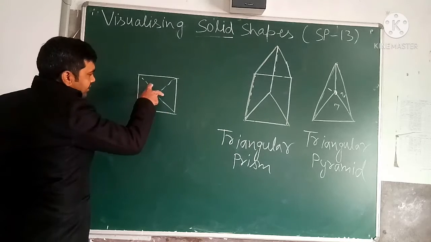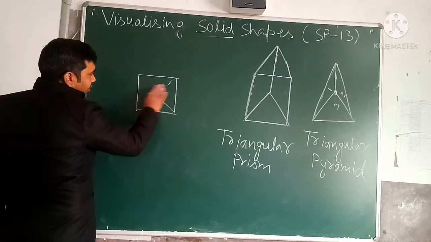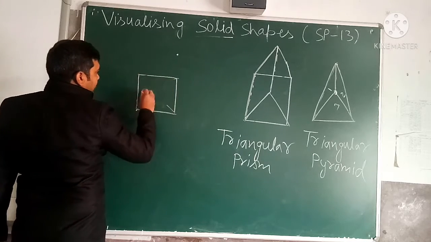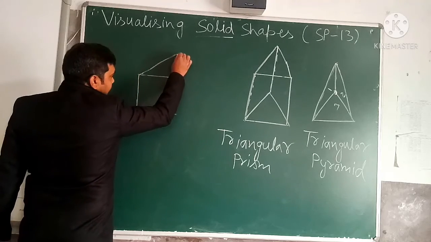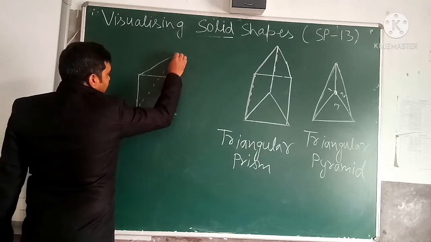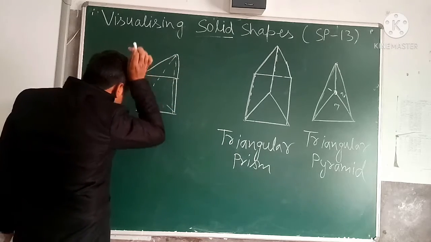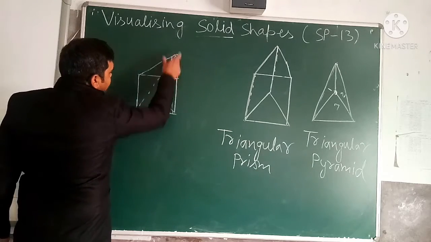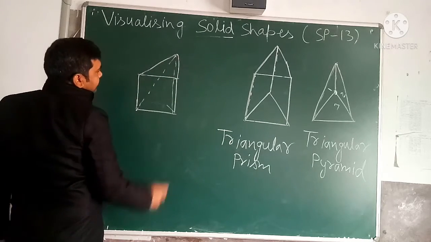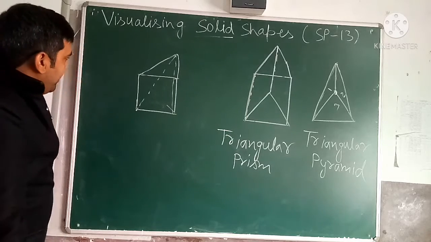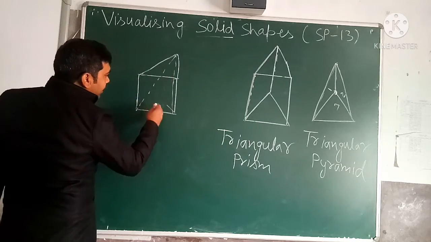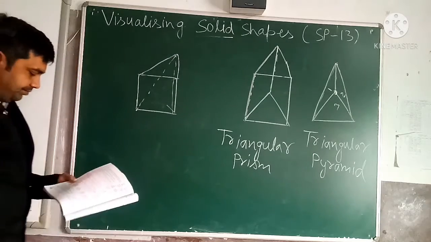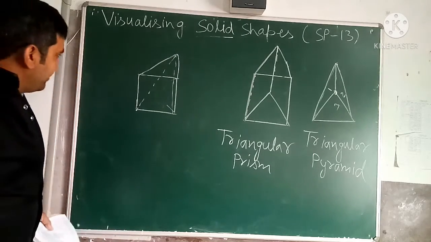If you want to see its 3D shape, you can draw it like this also. If I want to draw it outside here, see, one triangle is erected here, one triangle is erected here, like this shape. One is on this, one is on this, one is on this, and one is on this. So this is the square pyramid. It means all 4 triangles meet at a common vertex. So that will be the pyramid. See how you can visualize it.